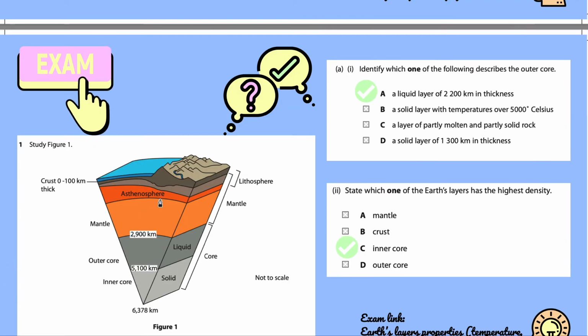Okay, so let's go through the answers to this together. So the answers for this question, we've got the first one, identify which one of the following describes the outer core. So the outer core is a liquid layer of 2,200 kilometers thickness. So we can see this because the outer core is labeled on your diagram. You can see that it is a liquid and the distances have been put on your diagram. So you'd need to do 5,100 kilometers